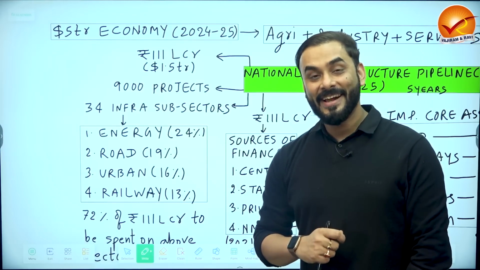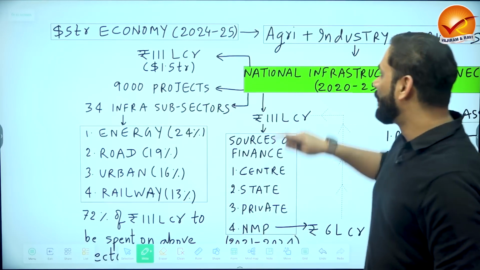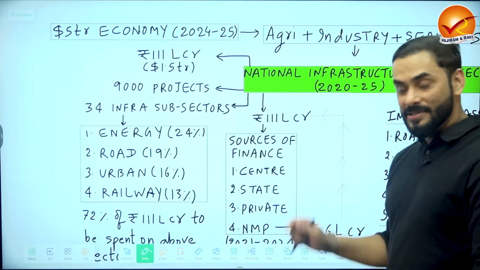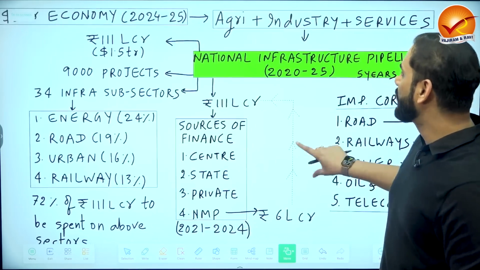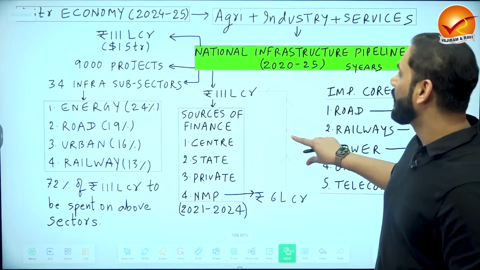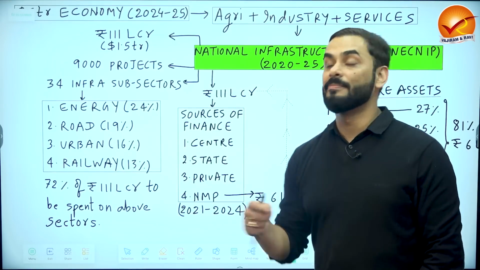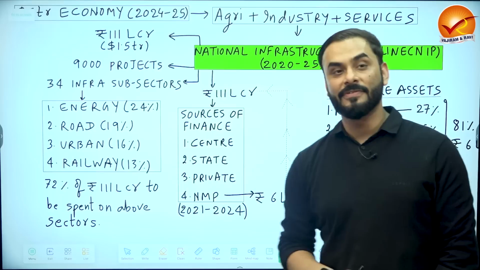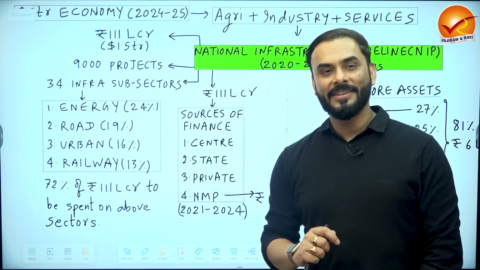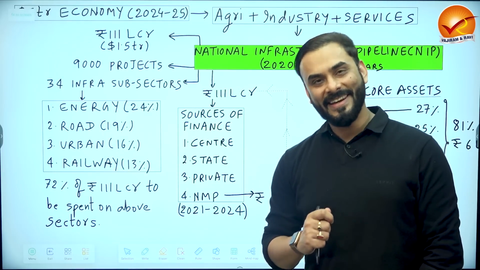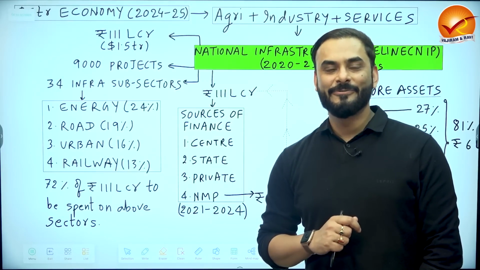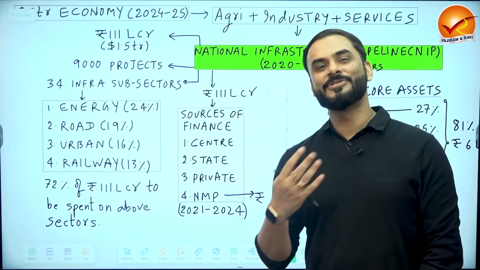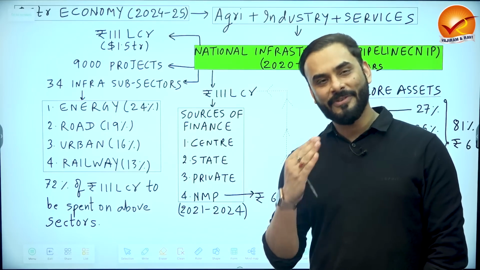They tell us that they are going to improve agriculture, industry and service sector. And if these three sectors are doing good in the economy, of course, our GDP will improve. So, agriculture, industry and services. But the Government of India is even smarter, and it tells us that for agriculture, industry and services to do well, you have to give infrastructure to them.